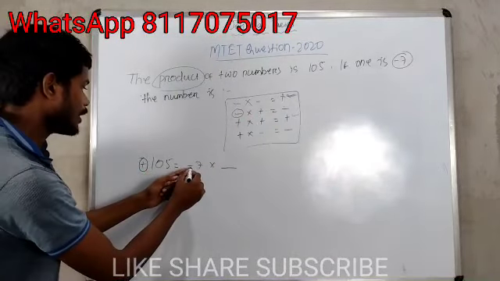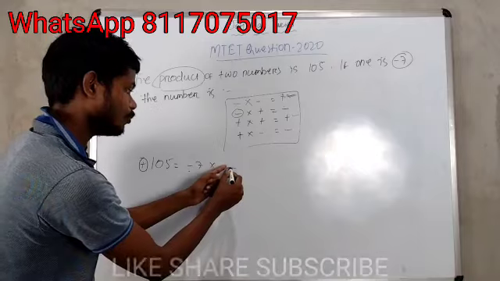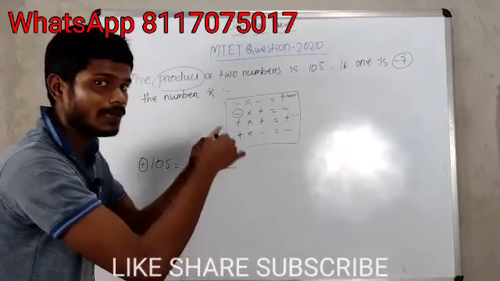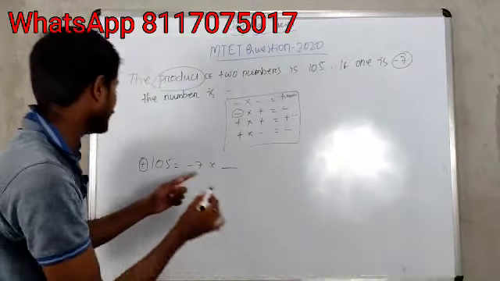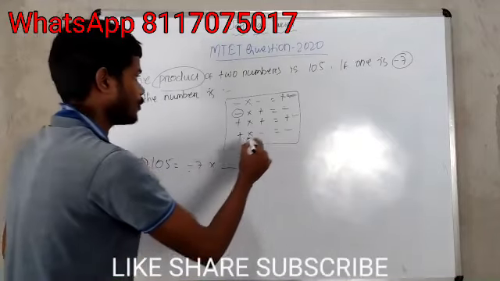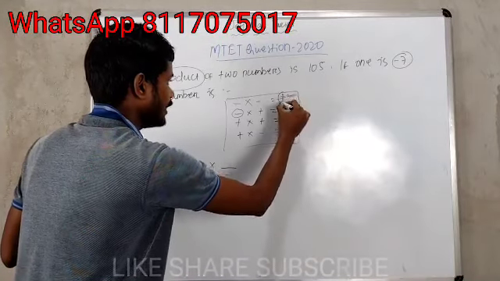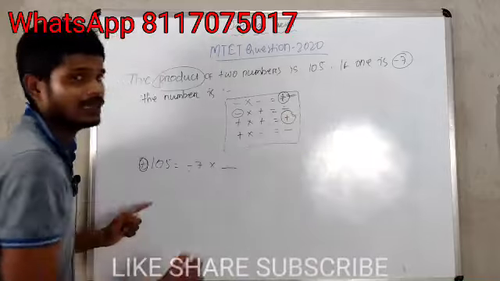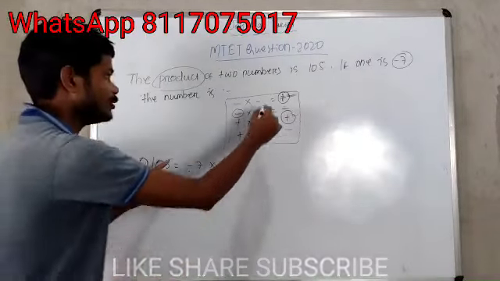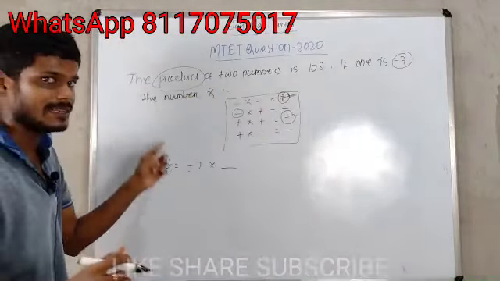Then here is equals to what? Minus into what we don't know. We will find out what it will be. Then the answer is plus. We have to find out that this answer is plus and this answer is plus. Clear, friends? Then the two answers may be the right answer.